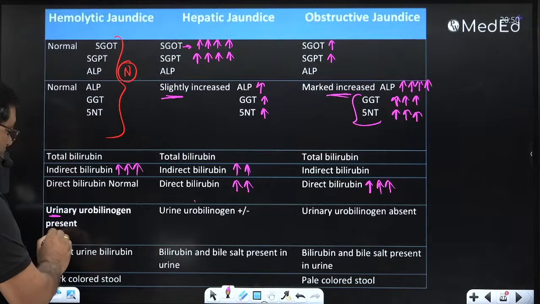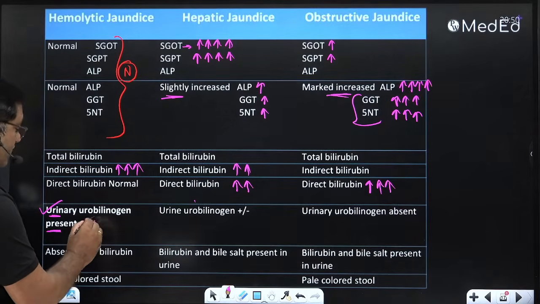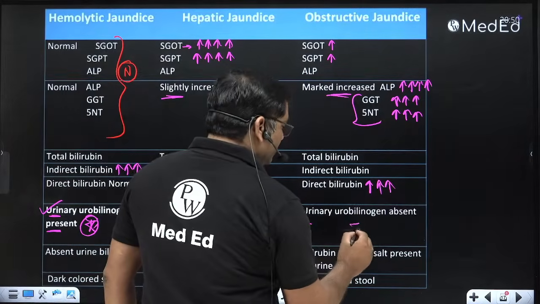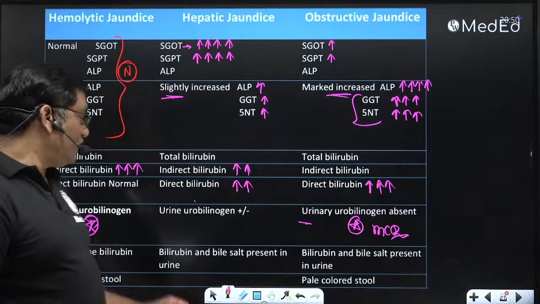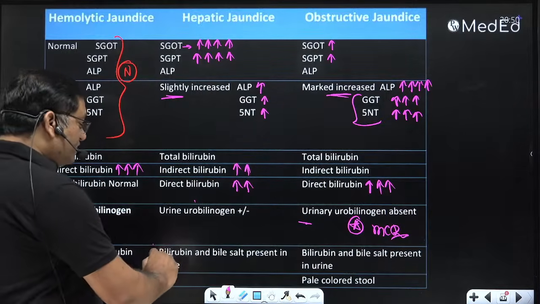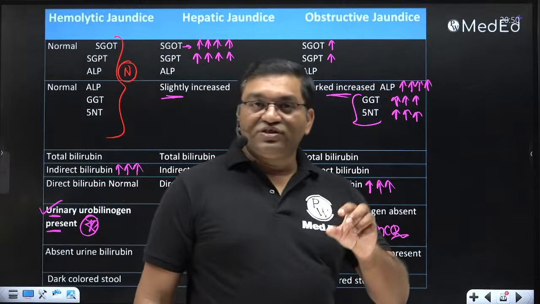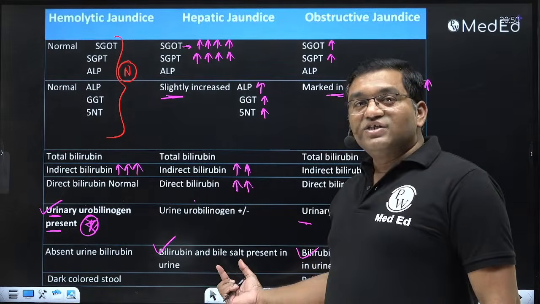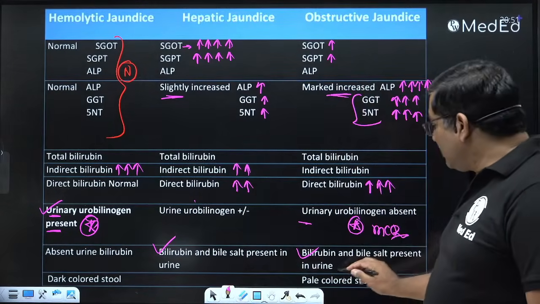It is present in the hemolytic jaundice, urinary urobilinogen present, and it is absent in the obstructive jaundice. This can be MCQ. Urinary urobilinogen is present in hemolytic jaundice. The bile salt and bile pigment can be present. The Fouchet test, which you do in urine for bilirubin, and for bile salt the Hay's sulfur test. So both these tests will be positive, maybe in the obstructive jaundice